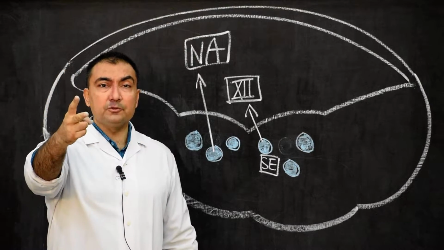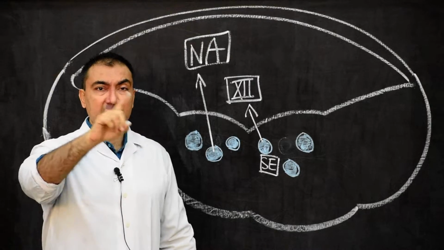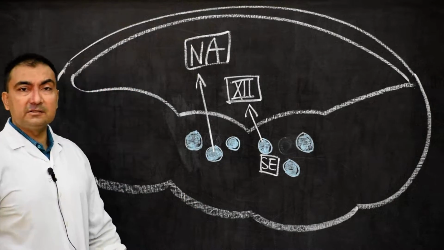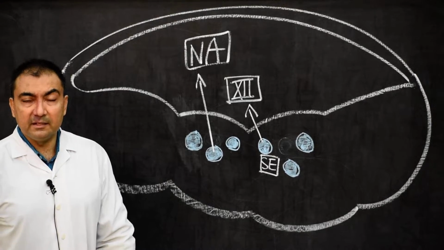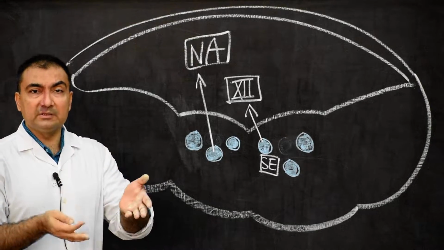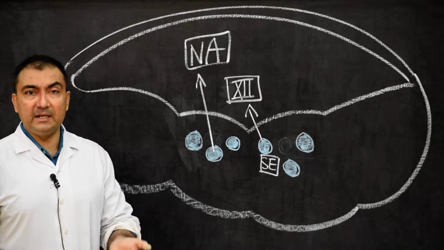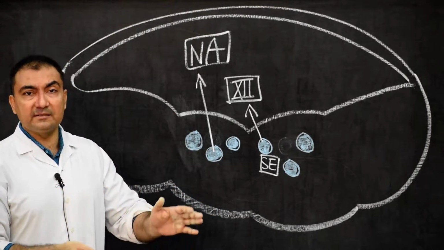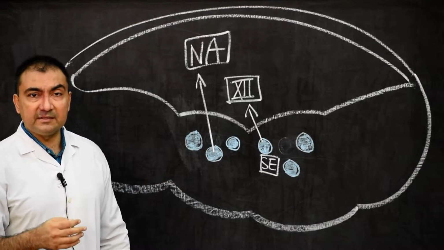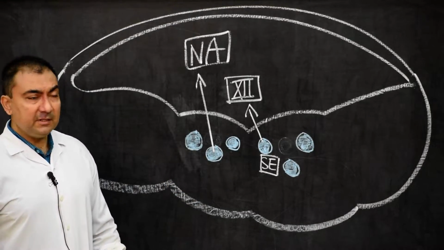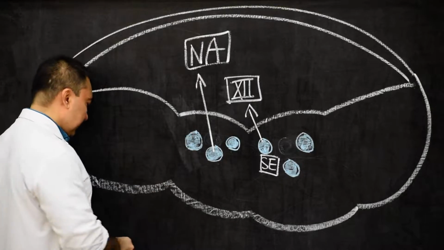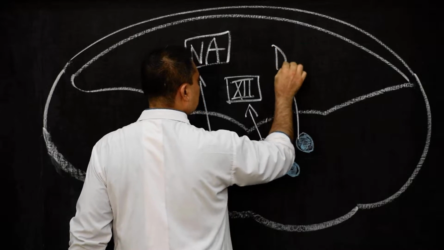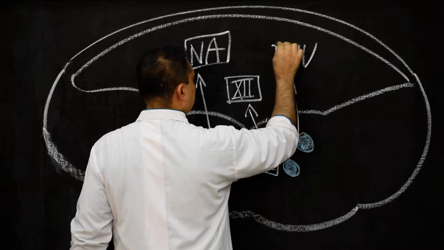Therefore here we include two nuclei in the medulla oblongata. The first nucleus will be the dorsal nucleus of vagus. It goes and supplies where? It supplies the smooth muscles of the alimentary system, and the parasympathetic fibers to the glands, alimentary system, respiratory system as well as the heart. So the dorsal nucleus of vagus is included here, and we will mention it as dorsal nucleus of vagus.